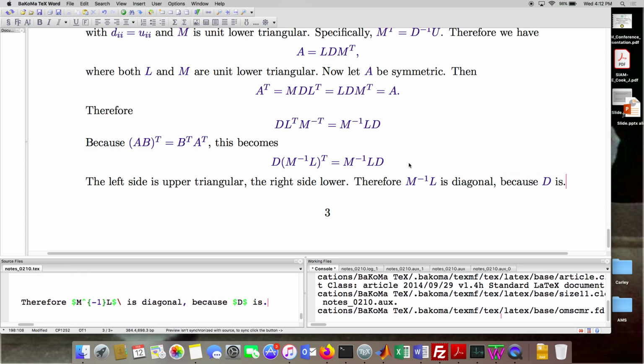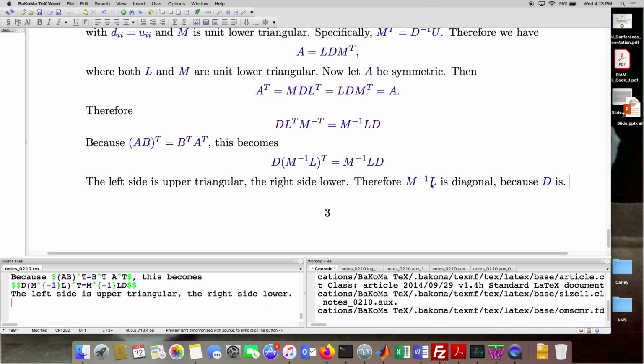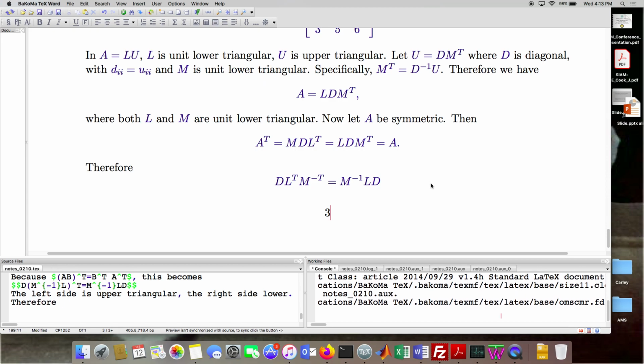Now, M and L are unit lower triangular. Therefore, the product is unit lower triangular. So one must